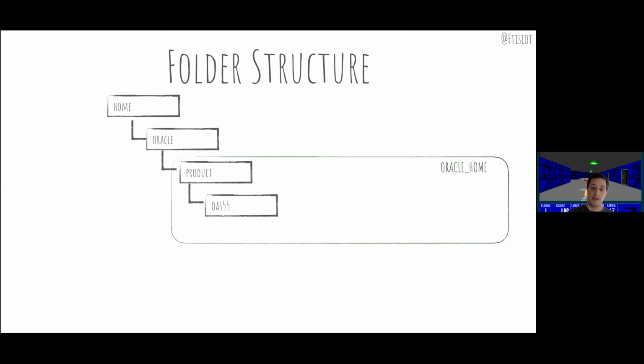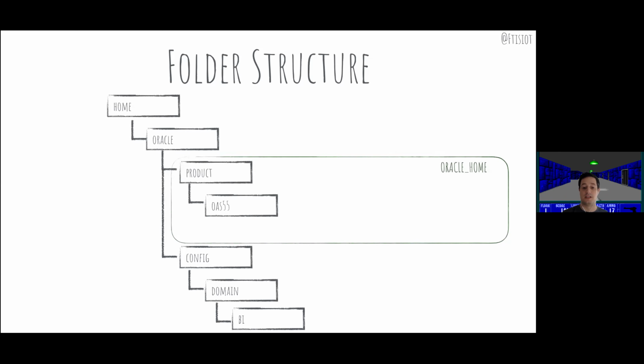The next step is to create a configuration home. By default, the installer will try to create the configuration home under the Oracle home, but you shouldn't do that. You should create a separate folder structure in order to contain the domain home. Why? Because if you create the domain home under the Oracle home, under OAS 5.5, when OAS 5.6 comes out, you have a weird dependency between different folders and the domain home. So that's why Oracle also suggests creating the domain home outside the Oracle home.